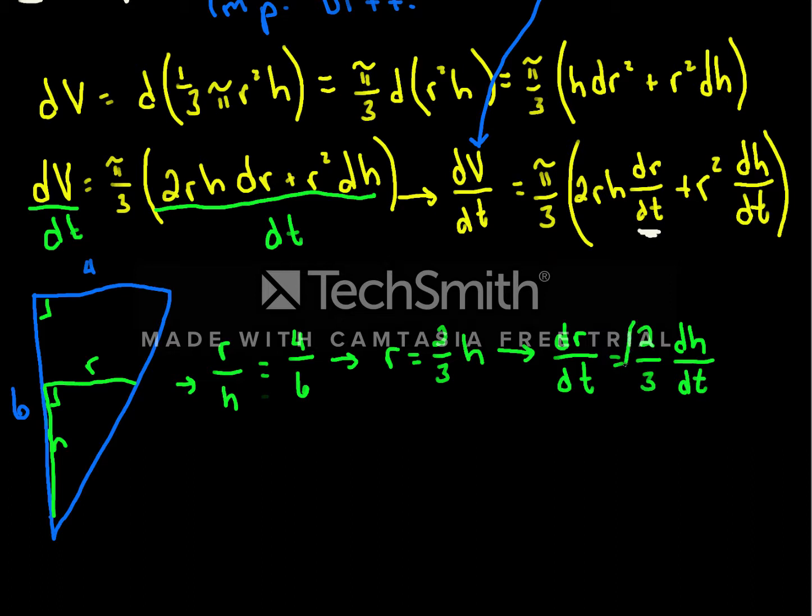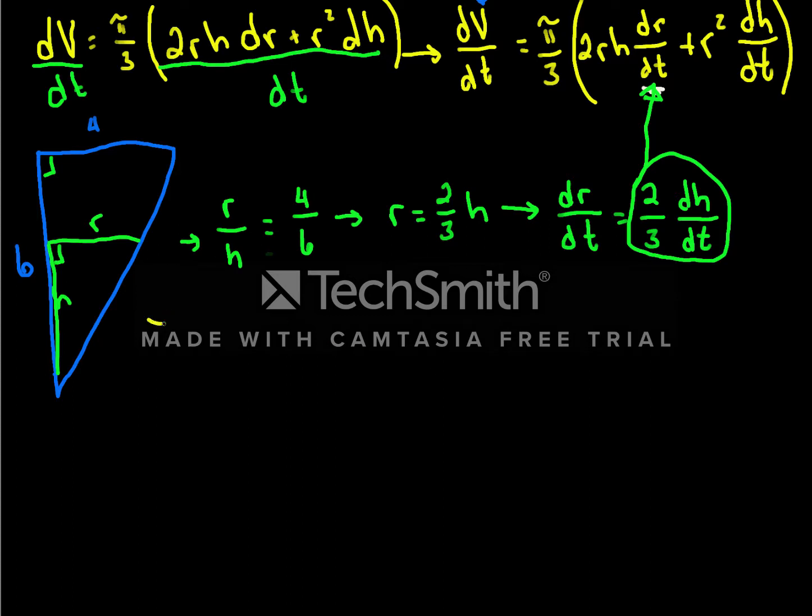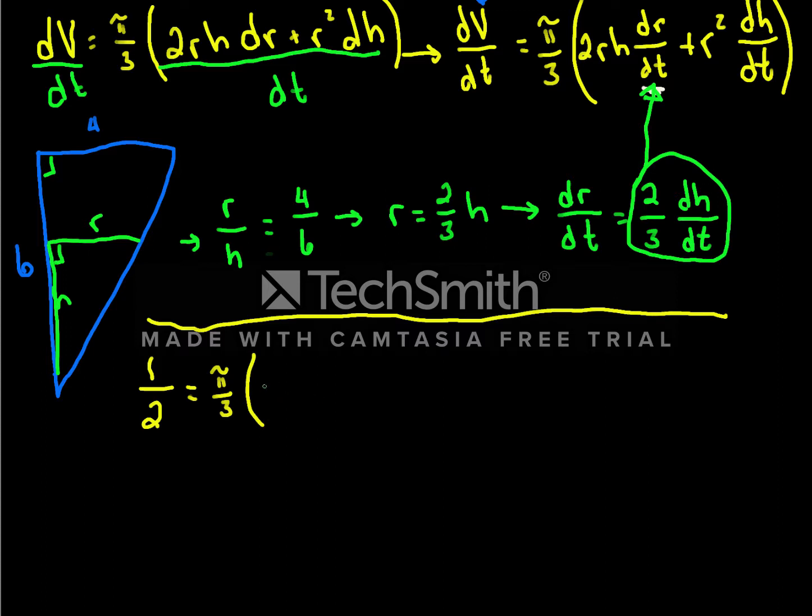And I can take this now and put it in for dr dt. So that was a little bit of a side project to get a relationship. We know dv dt is 1/2, so I'm going to go ahead and write that. So 1/2, our dv dt, is equal to pi over 3 times 2rh times 2/3 dh dt plus r squared dh dt